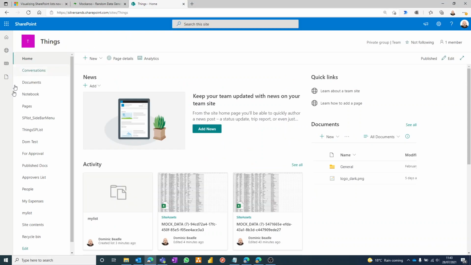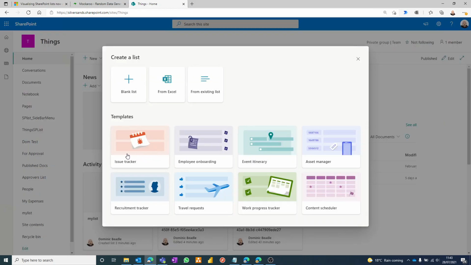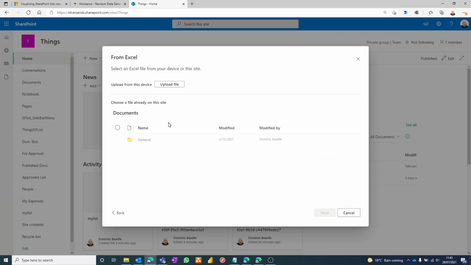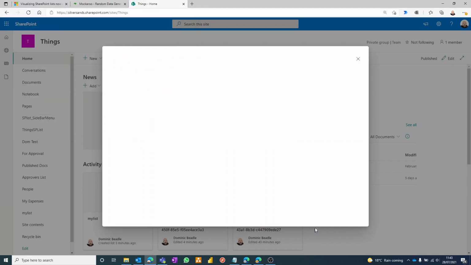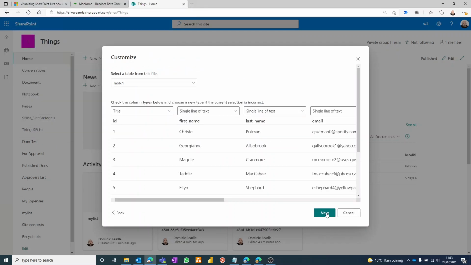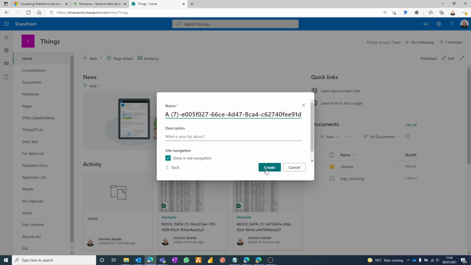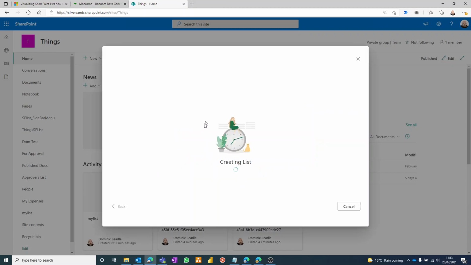If you've got a SharePoint site and you just create a new list, I'm going to create one from Excel because I've got some dummy data to use. I'll upload a file, upload my data, and just let that go away and do its thing. Let me give it a more sensible name. So we create our list, and while that's going away and doing that, let me show you where I got